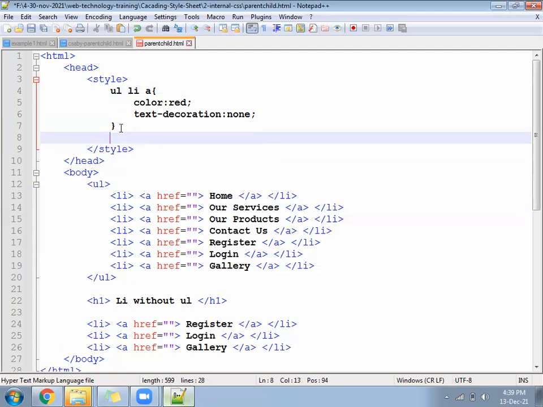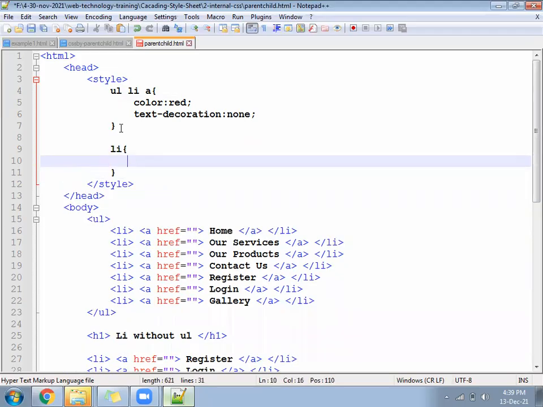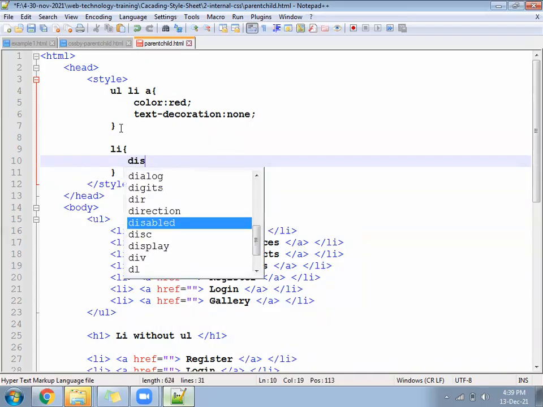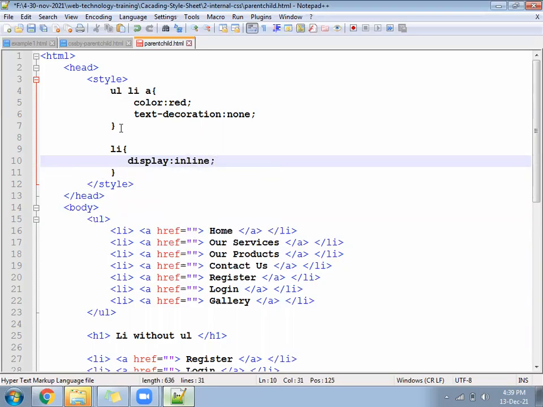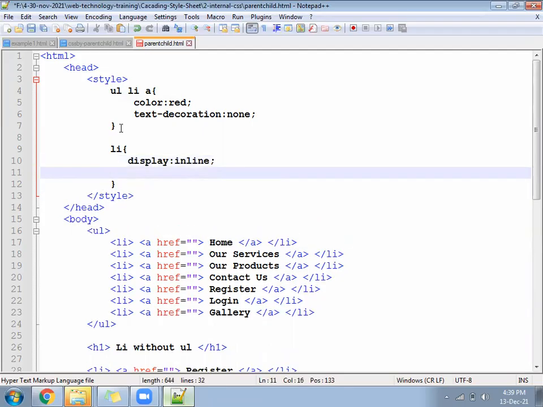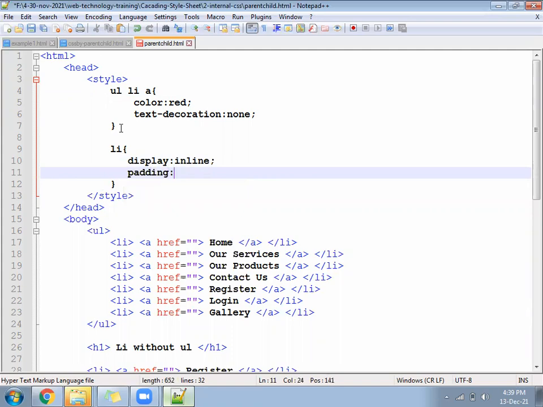Now we want to address not all LI, only those LI that is under the UL. So if I write here directly LI and display colon inline, what will happen in this? It will happen for one LI or all the LI? It will happen for all the LI.